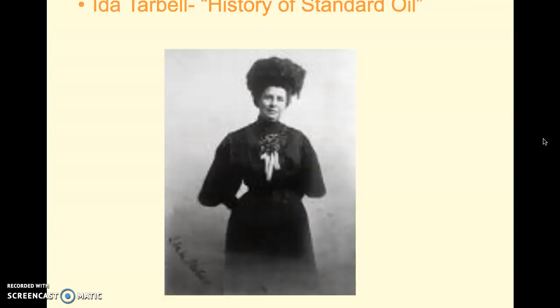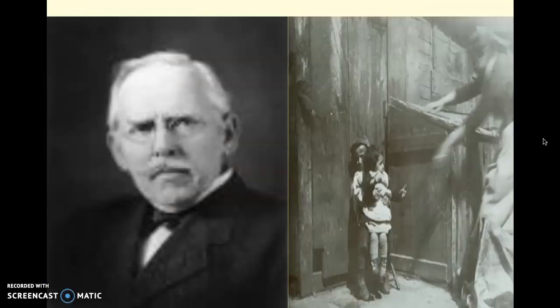Another very prominent muckraker was Ida Tarbell. She comes out with a history of Standard Oil, which is a pamphlet that basically just trashes John D. Rockefeller and his company, Standard Oil, basically saying how it was a joke that he was able to control so much of what he did, and it detailed all of his underhanded business practices, how he ruined people's lives, not just people that worked for him, but his competitors, in order to get what he wanted, which helped turn a lot of public sentiment away from him.